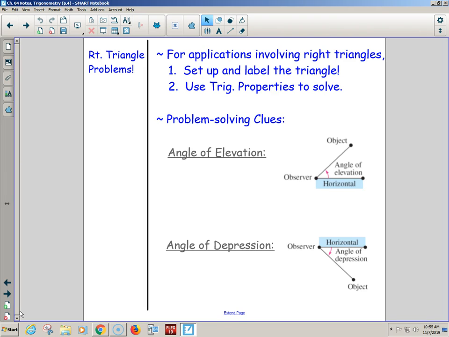But in section 4.1, did you guys have some arc length problems and some angular speed and linear speed problems? Some application problems? Did I ever make any note about your calculator mode? I didn't talk about it in 4.1 because we hadn't talked about trig functions yet. So when you were doing all those arc length formulas, it didn't make any difference because we weren't plugging the angles into sine or cosine or tangent.